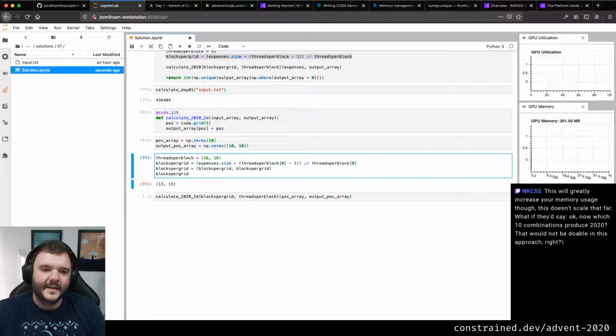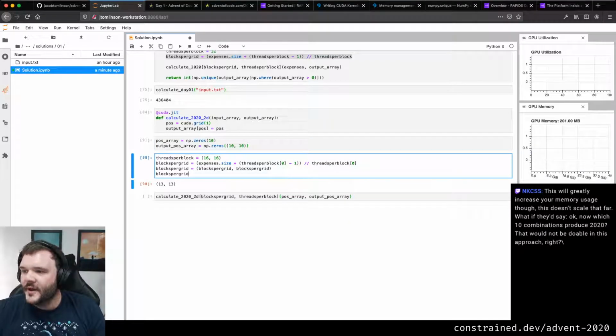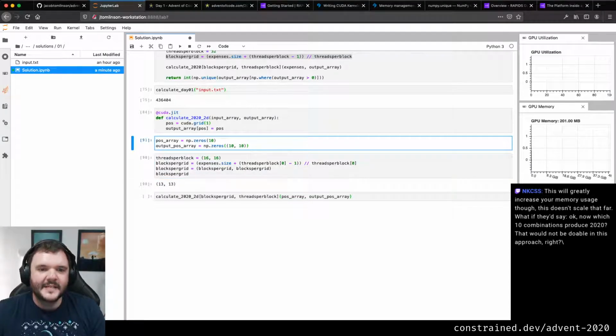No, I don't think that's... You're right in some ways, in that I think the way that I'm writing this would do that, but I think I probably am just not writing this in the right way, right? Because you're kind of saying, oh, what if I want more combinations? That means this output array is going to get bigger. But actually, I don't think I want my output array to change size.